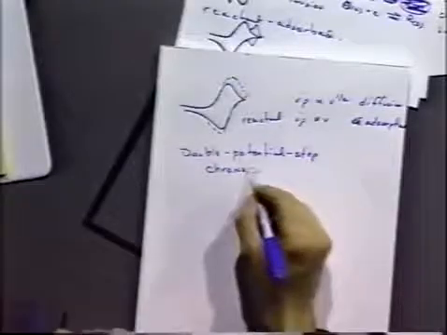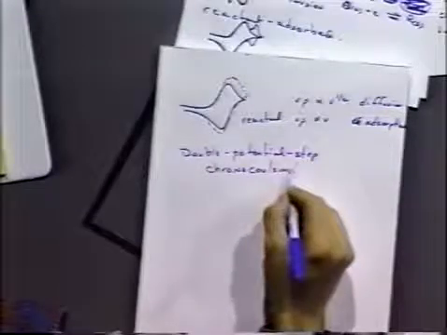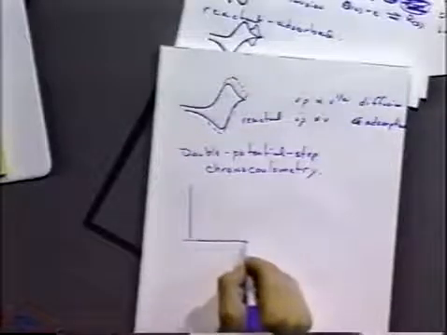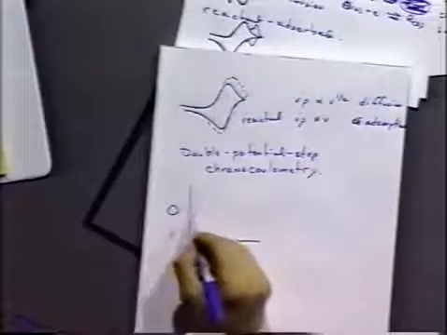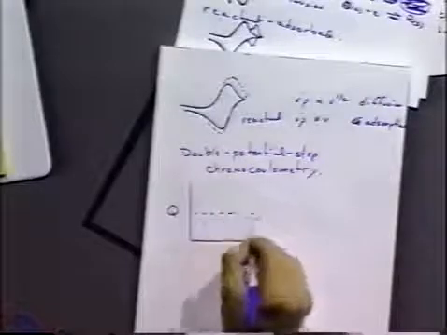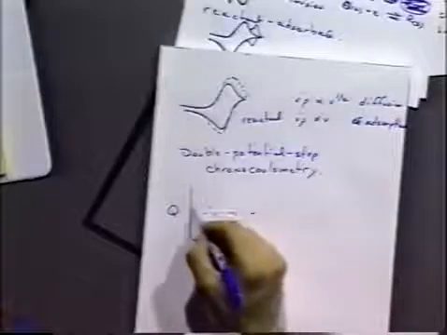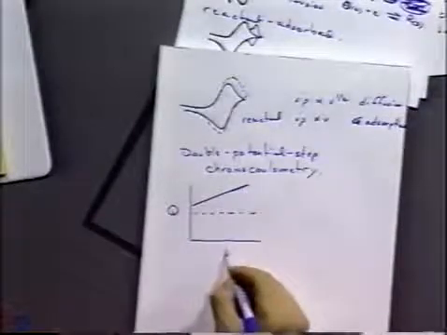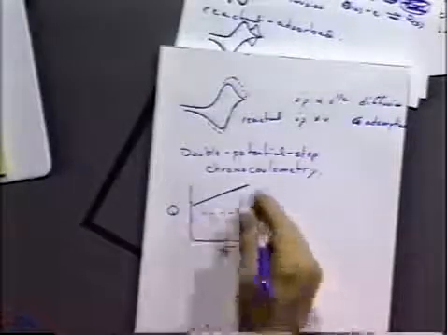The idea here is, remember chronocoulometry, where we did a potential step and we converted the current to a charge, or we directly measured the charge, and if we plot the charge as a function of the square root of time,